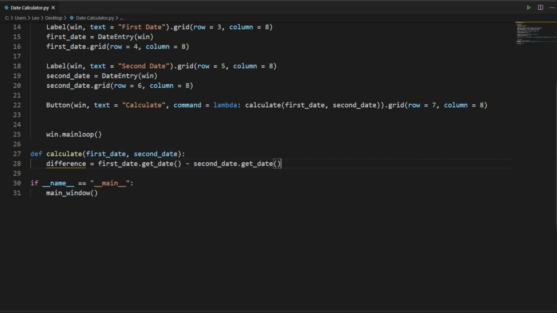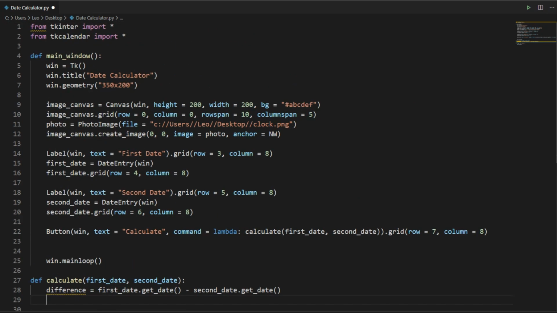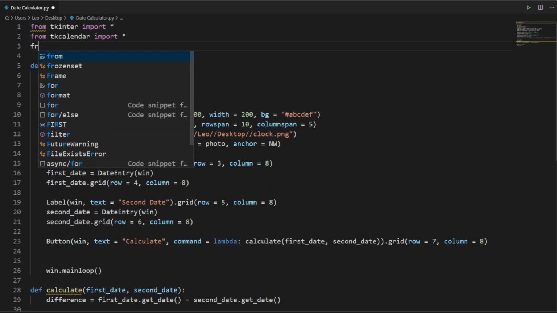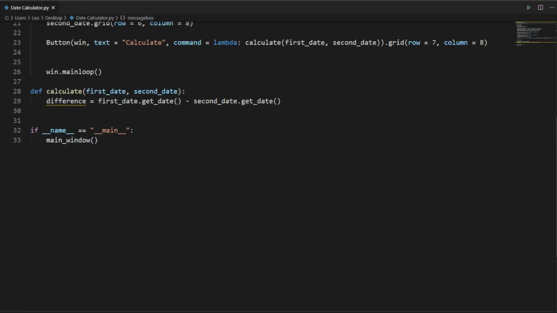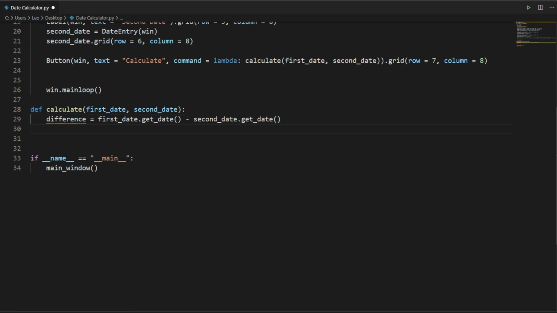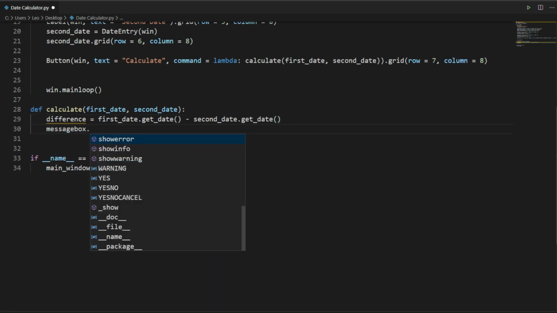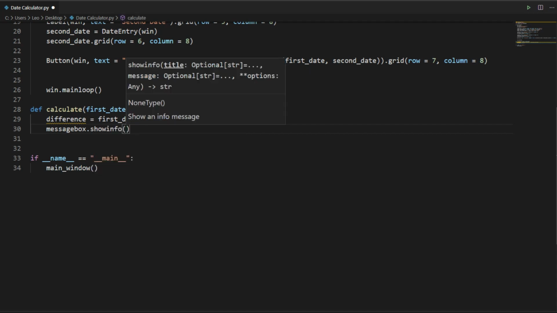Okay, now we need to print this difference somehow, so we'll use message box from tkinter. We need to import that as well. We'll just write from tkinter import messagebox. Now we can simply write messagebox dot, since we are showing some information, we'll use showinfo.